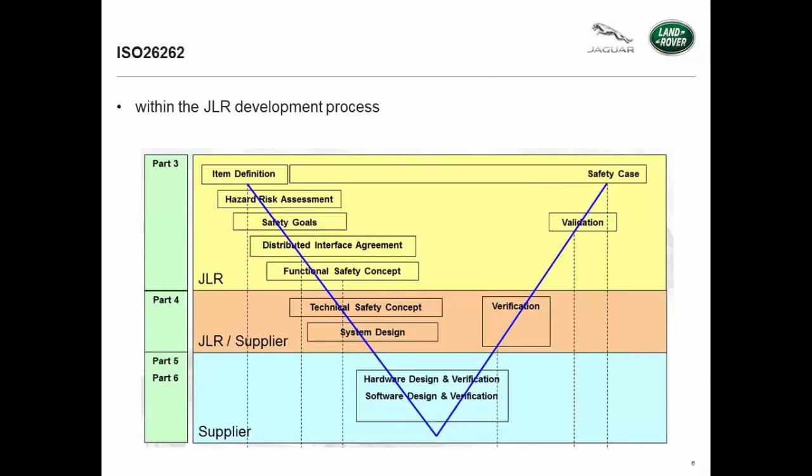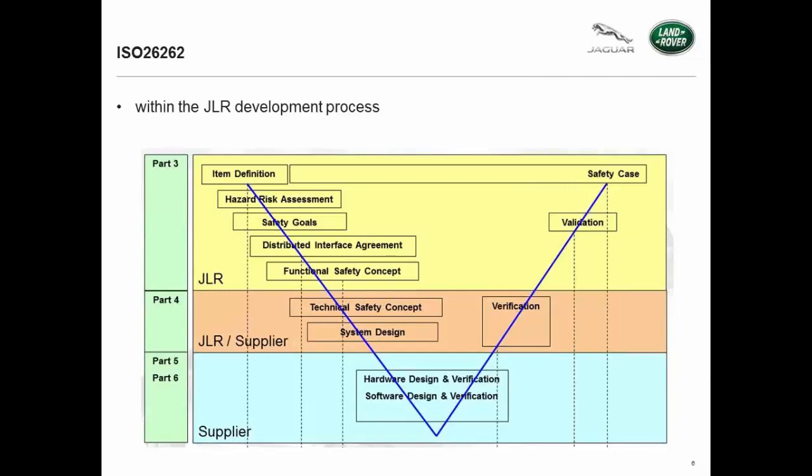But ISO 26262 has the automotive supply chain in mind, and has split the development up, so the different parts can be used by the different organizations involved. So we've got the OEM, in my case Jaguar Land Rover, working on concept design, possibly system design as well. It does depend on the type of system. But definitely hardware design and verification, software design and verification is always done by the supplier. It could actually be a tiered supply chain as well, so we could have a tier 1 supplier and a tier 2 supplier